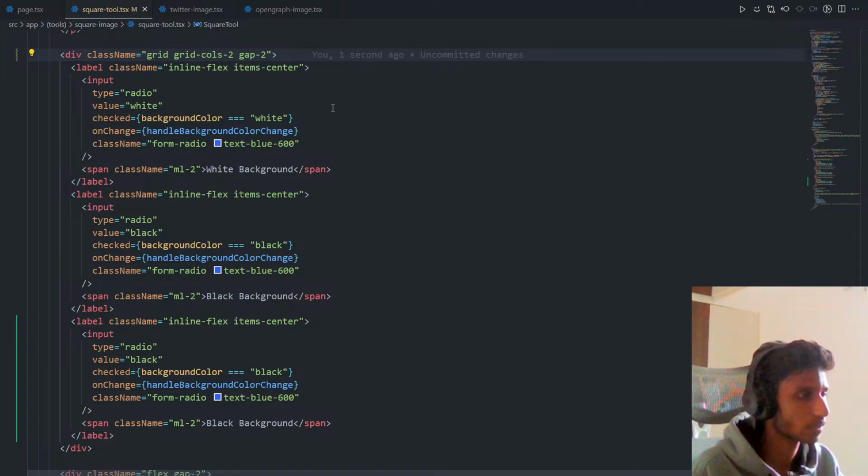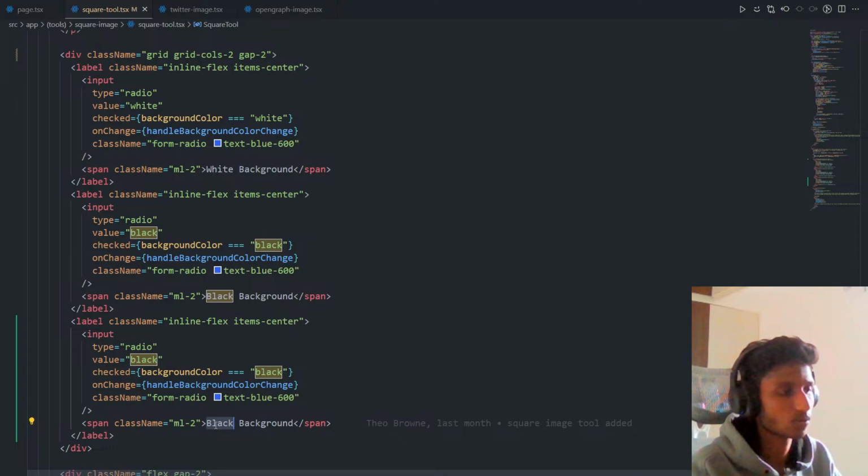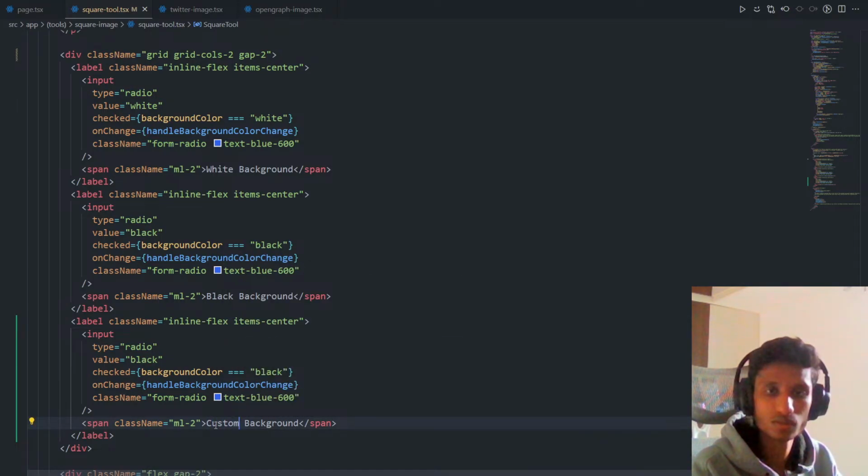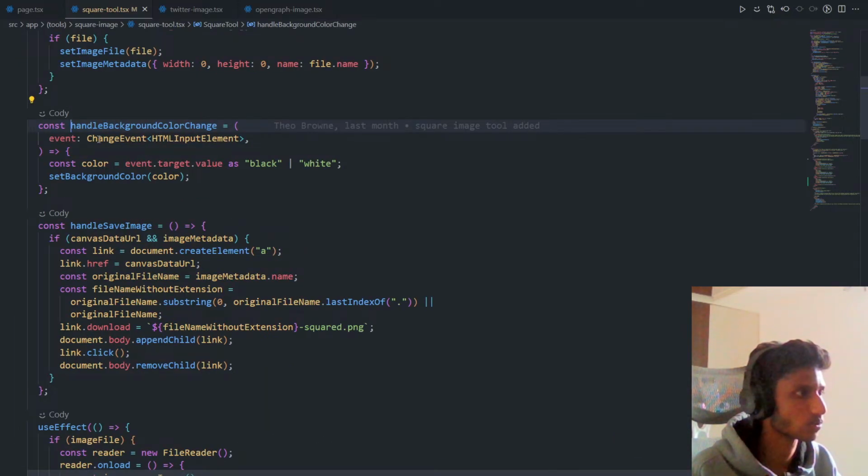Well, let's just leave that. We will have something black background, custom background. Okay, so in custom background, we could just handle background change. We can go to handle background change, event value as black, white,